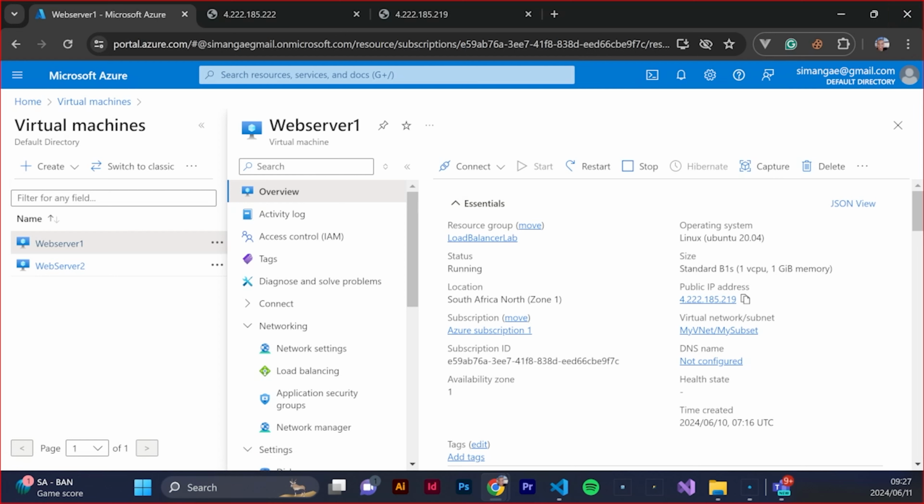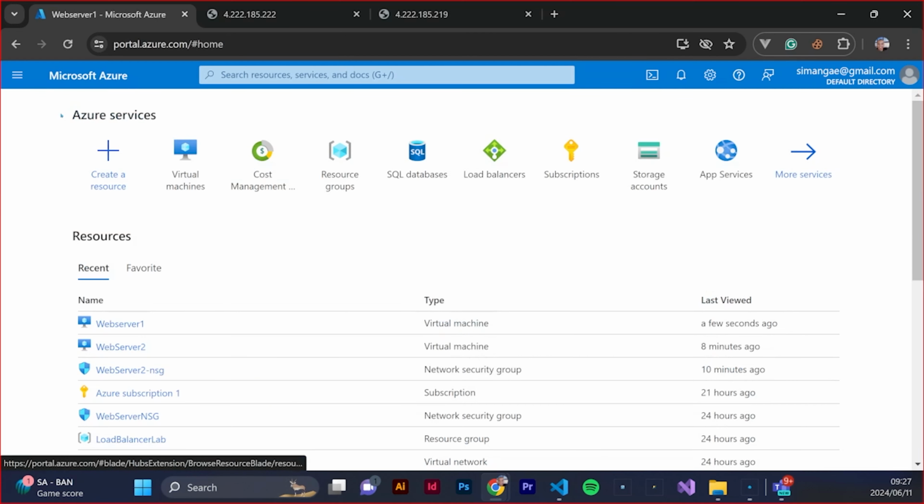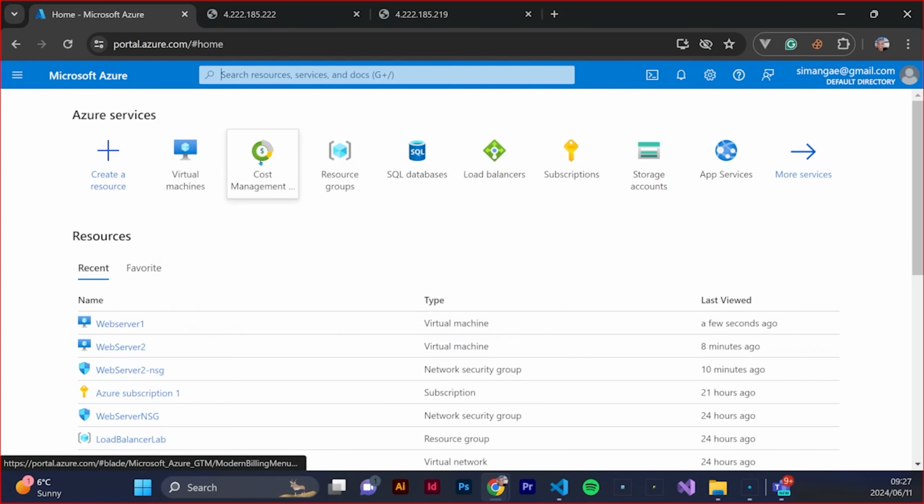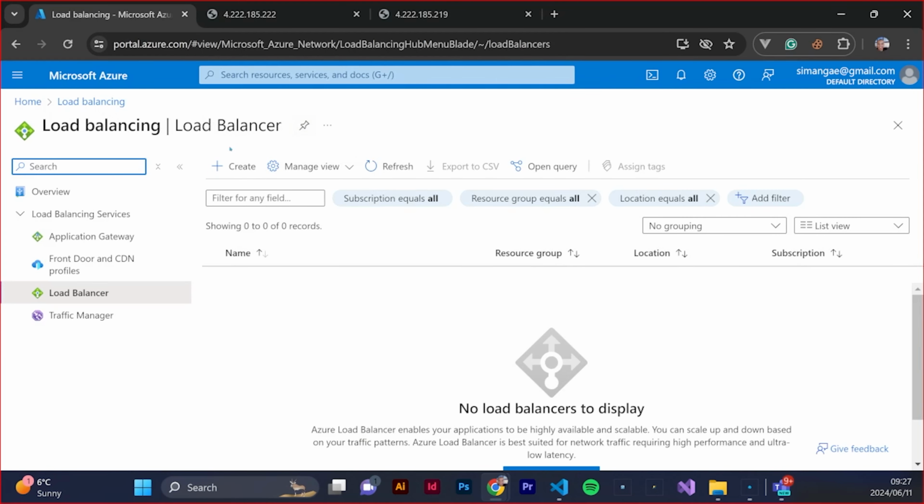create a load balancer. Okay, so we're gonna go ahead and just sort of create a load balancer. Now, to create a load balancer, we will just click home and then add a resource, or if it's not here, we can search there, load, and then you can see here load balancers, and we can click on the create